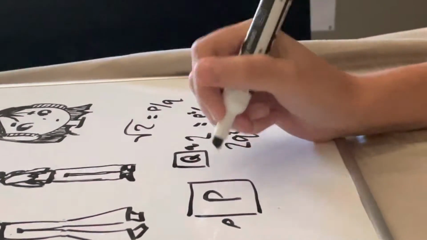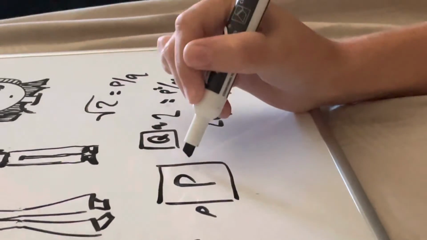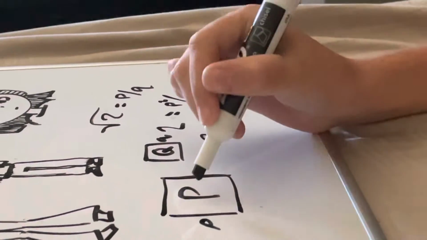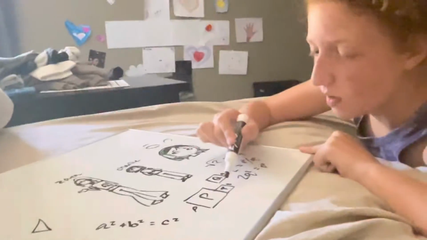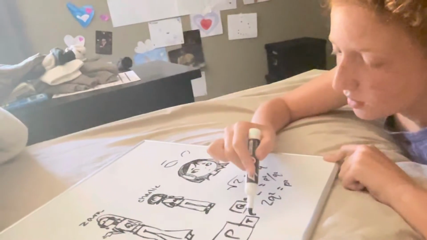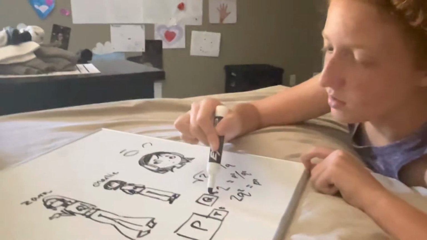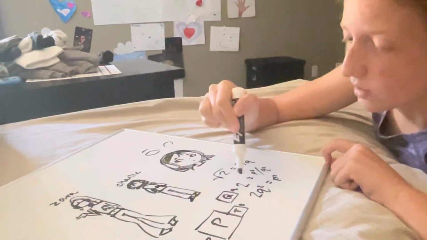Yeah, that makes sense. This is just drawing it out. But then if you take a fourth of this by cutting this in half and making a square, see, it's a fourth of that. That means that if this is a fourth of P and this is half of P, then this is half of Q, which means that Q is also an even number. Because if Q squared is even, then Q has to be an even number.